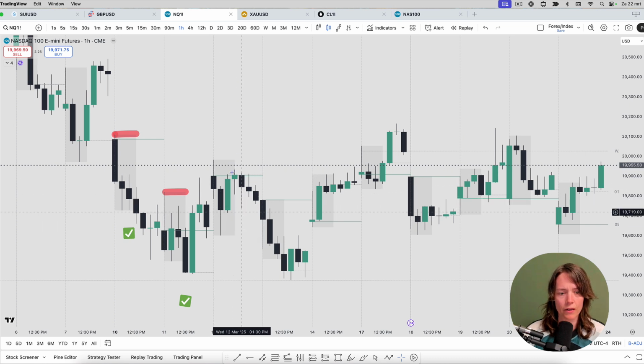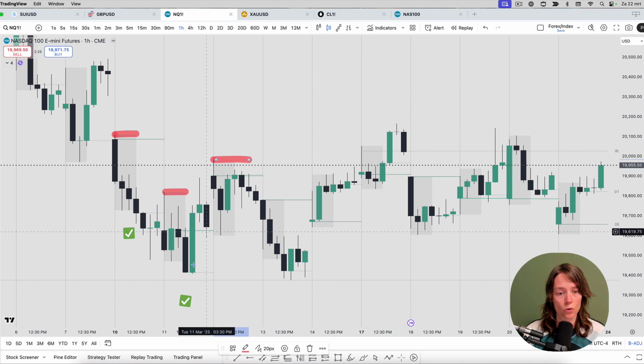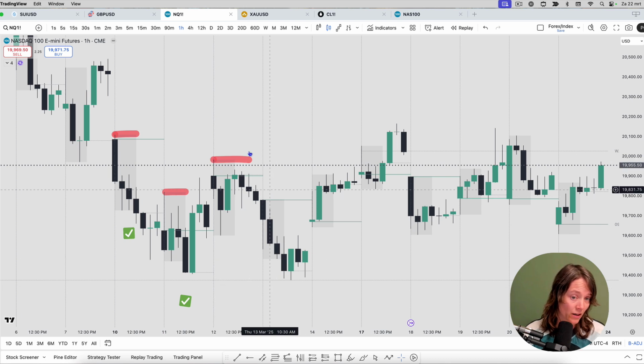Well, there's not really any, is this before big news? Maybe. There's nothing happening here, so we cannot say what was the drawn liquidity here. We can say that again, the high of the candle never got broken. So if you wanted to look for a short, it's definitely valid to stop here and just trade something lower. So that would have definitely worked out. But I don't know if this would have been tradable.